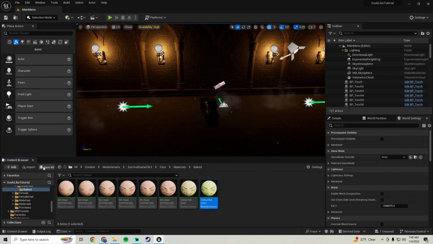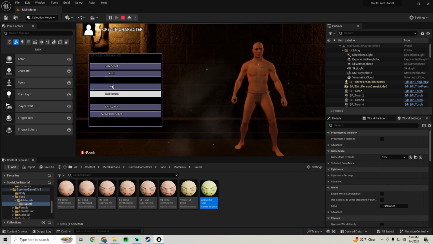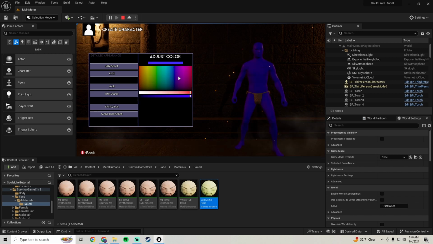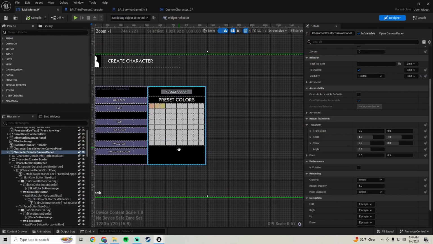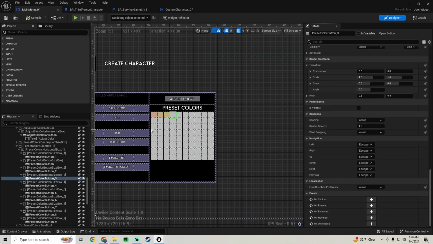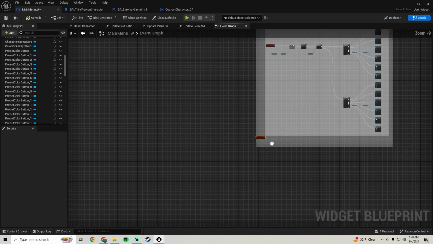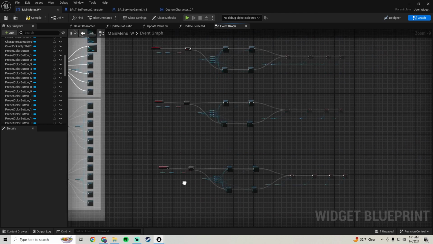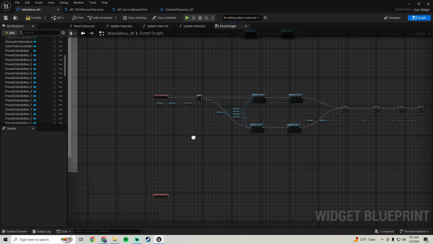Let's give that a little test real quick. You click on it, skins change, you adjust your color, that still works. And just to kind of run this home, I'm going to do one more color, just so you get the idea. And if you're still kind of confused, you can just re-watch the video, because you're going to do the same process for every single skin color you want to do. We're going to bring this on clicked for our new button in here, and